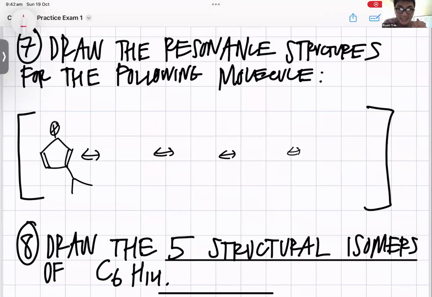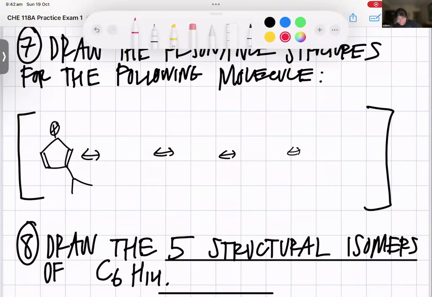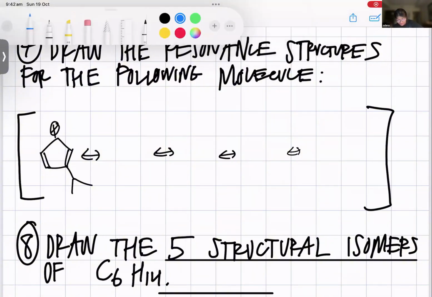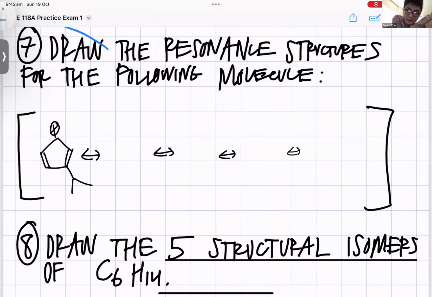Okay. More resonance. I think I can be less shaky with this. There are actually 2 ways you could start this resonance, but if you start with either way, you get the same answers.